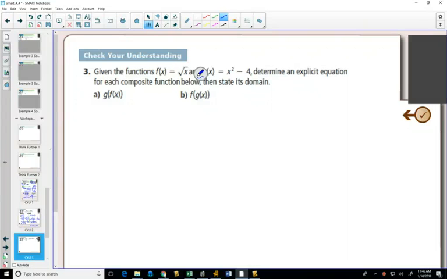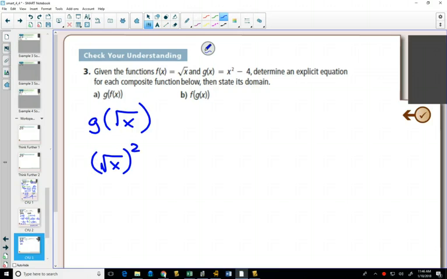All right, let's check your explicit equations. To start off with g of f of x, so f of x is the square root of x. And then g of x says take whatever you have, plug it in, square it, then minus 4. So this just becomes x minus 4. For b,